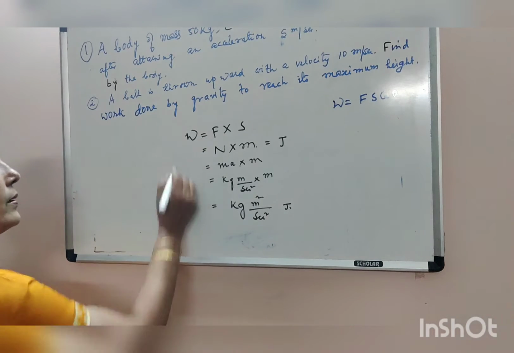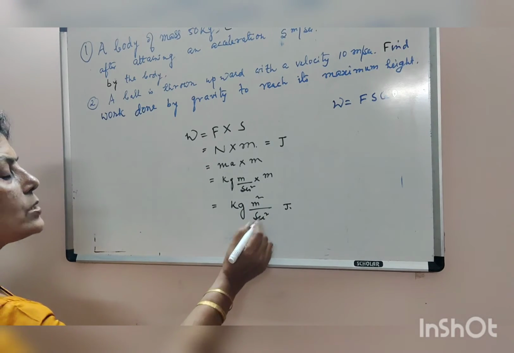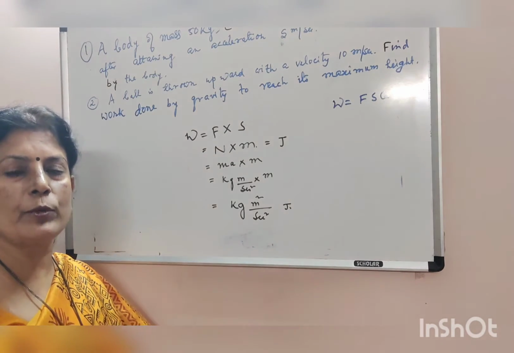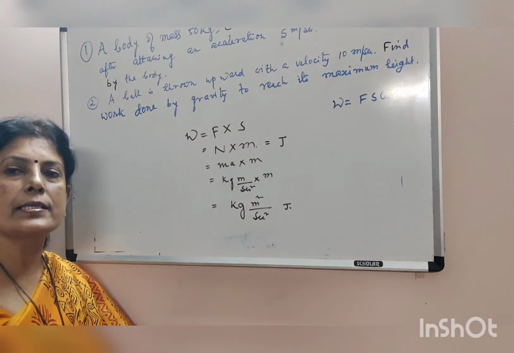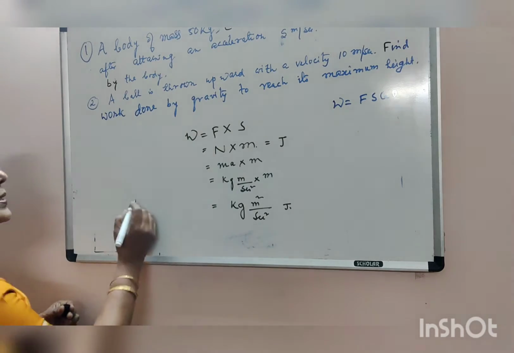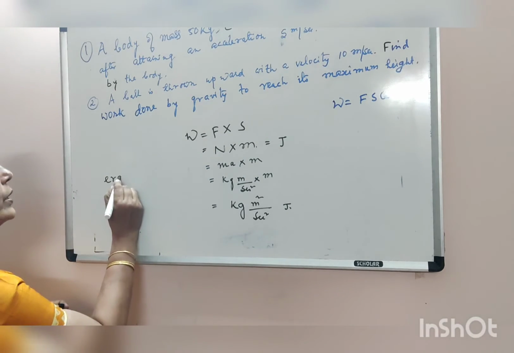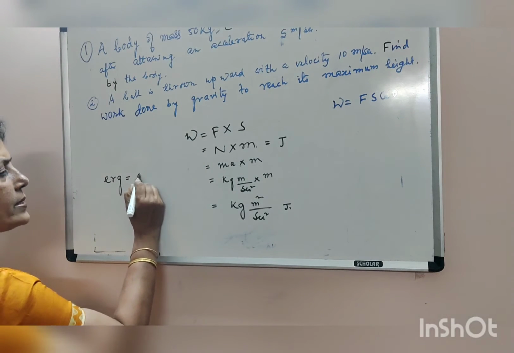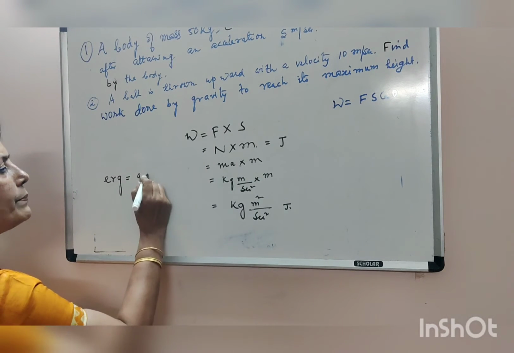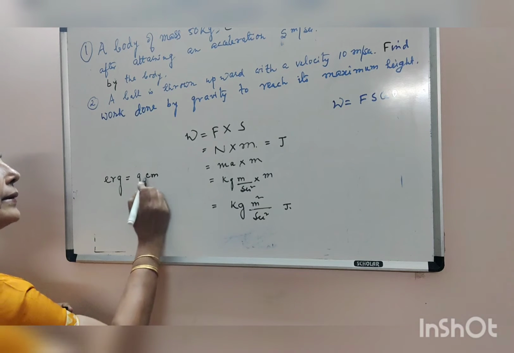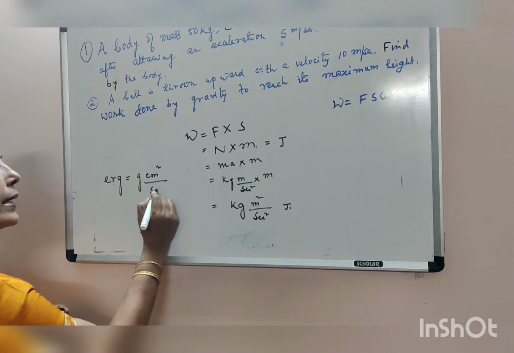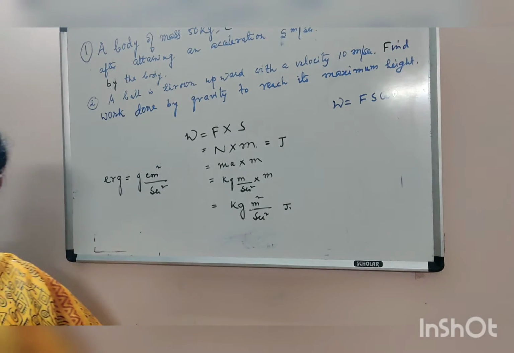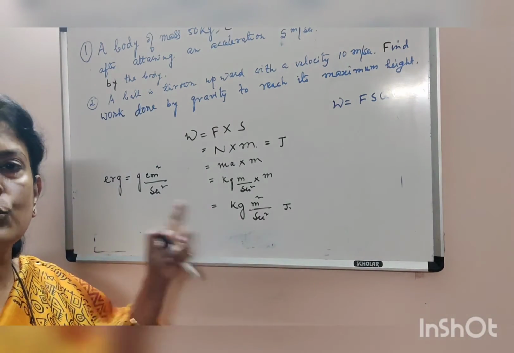And what is erg? Since kg meter square per second square is the international system of units, another system of units, the CGS system, is also used. According to the CGS system, the unit of work done is erg. What is that? Kg should be represented in gram, meter should be represented in centimeter, and time should be represented in second. So gram centimeter square per second square is equal to erg. This is all about joule and erg.